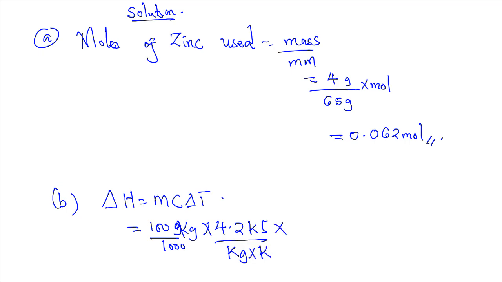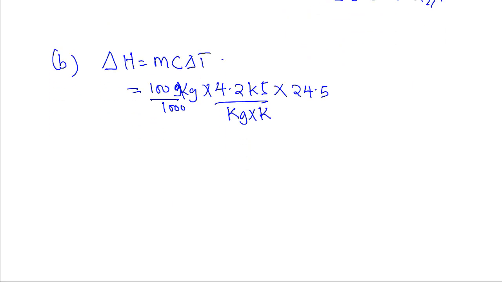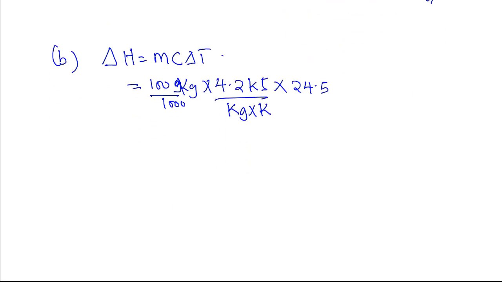The change in temperature is 24.5. So that is 100 over 1000, which gives 0.1 kilogram, multiplied by 4.2 kilojoule by